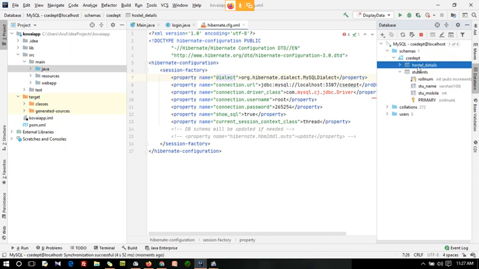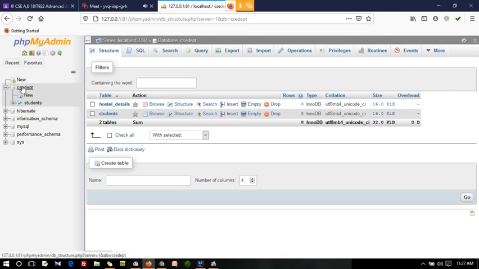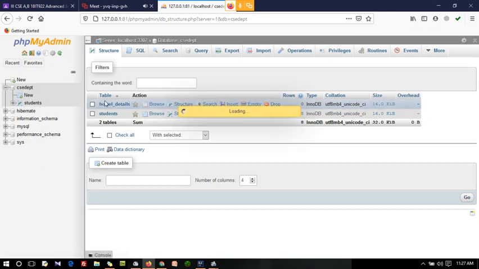Yes, I am having the hostel details table inside this. At the same time, after the creation here, you just go to the browser and refresh this CSC department database. You have another table here, which you created in the IntelliJ database.